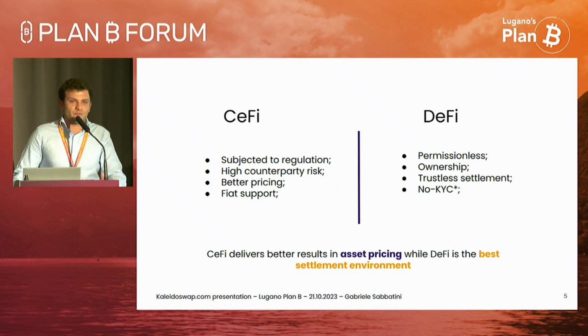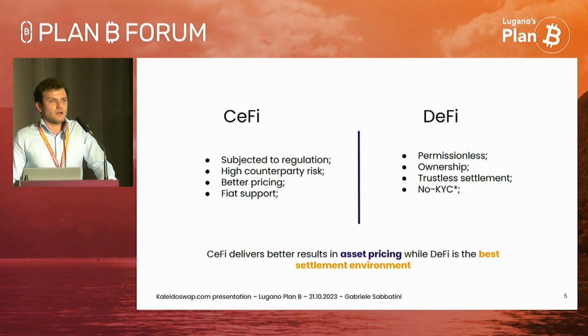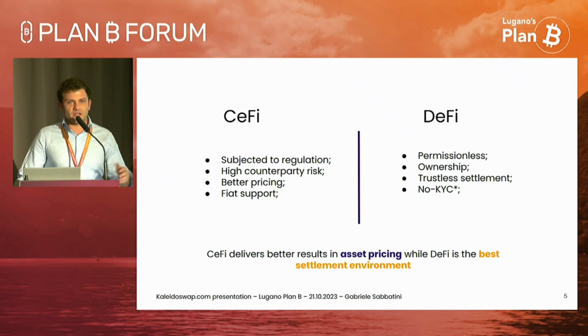But for sure you have better pricing, because the cost of quoting prices in an order book is less than streaming prices on chain on EVM-like blockchains. And then when it comes to centralized finance, you commonly have fiat support. Whereas in decentralized finance, it's a permissionless way to trade, and this comes because you own your key, so you are able to own your asset. That's why it's permissionless, and because there are contracts that allow trustless settlement. I mean, you are trusting the contract that is going to execute the transaction atomically, and also there is no KYC